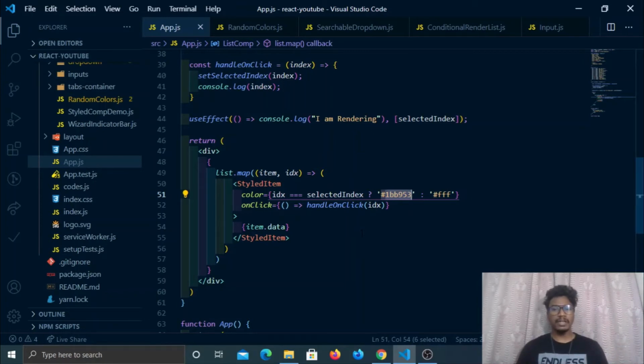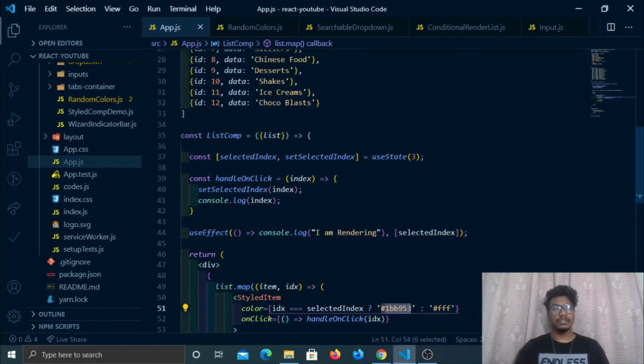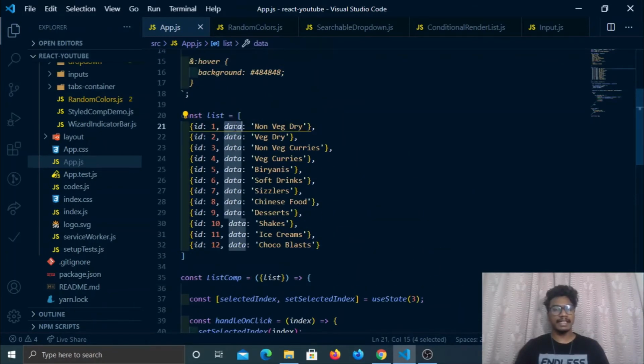No, right? We don't need the index of that, but we need the particular object. It could be the name of that particular object, or it could be the ID of that particular object. In the sense, name in the sense the data. If I use the wrong word, I'm sorry. I'm talking about the data, or it could be a label, and then it has some ID. So in that way, I'm comparing.